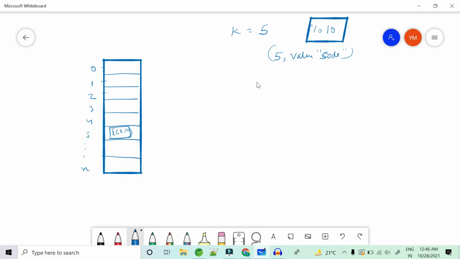I give you another object to be stored with key 15. What will 15 % 10 give you? That is again 5. So 15 comma new code decode is also going to be stored at the same location, 5. Now this bucket is full, so it is going to create another node, and the next of this is going to hold 15 comma new code decode.